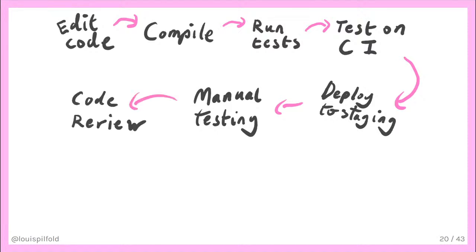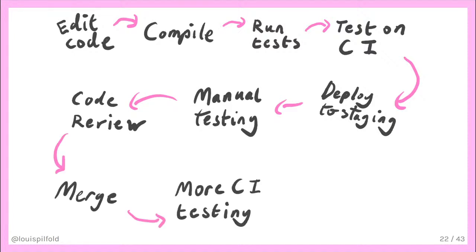Meanwhile, on GitHub, the code is reviewed by some of my peers, some of the other programmers on the team. They may have insights and context that I do not, so they know how to do something differently, or they may spot a problem that I can't see. But they're happy with my changes, and they approve it, and so the code gets merged into master, which triggers another CI build. All the tests and linters are run again to ensure that no problems were introduced in the merging process. And then lastly, once the tests have passed, the code is deployed and released into production and to the users.